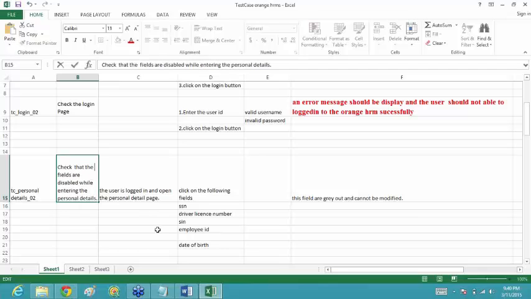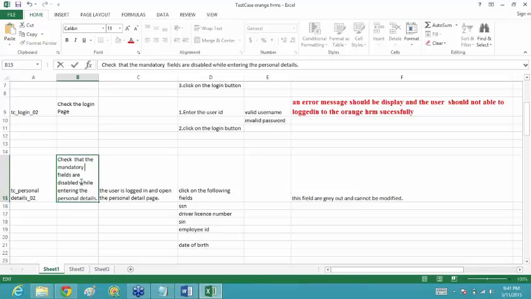Over here it would be like to check that the mandatory fields are disabled. We can use the term mandatory.